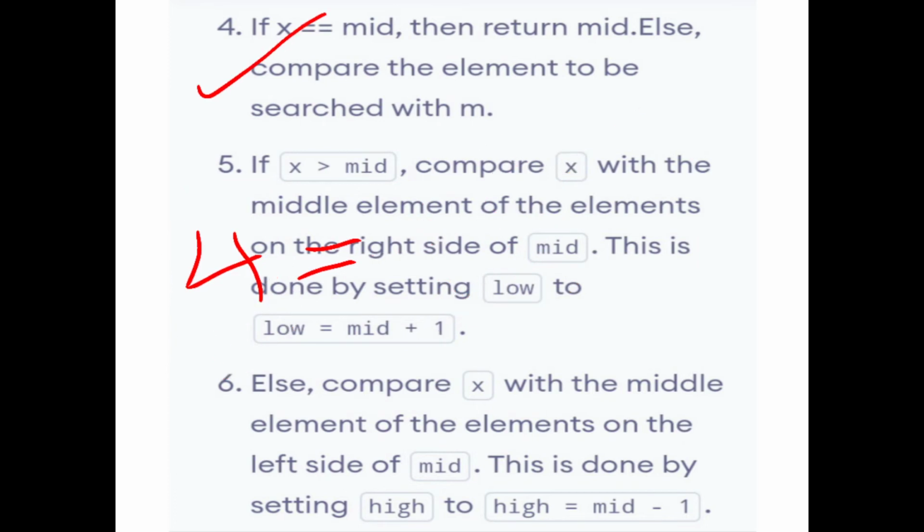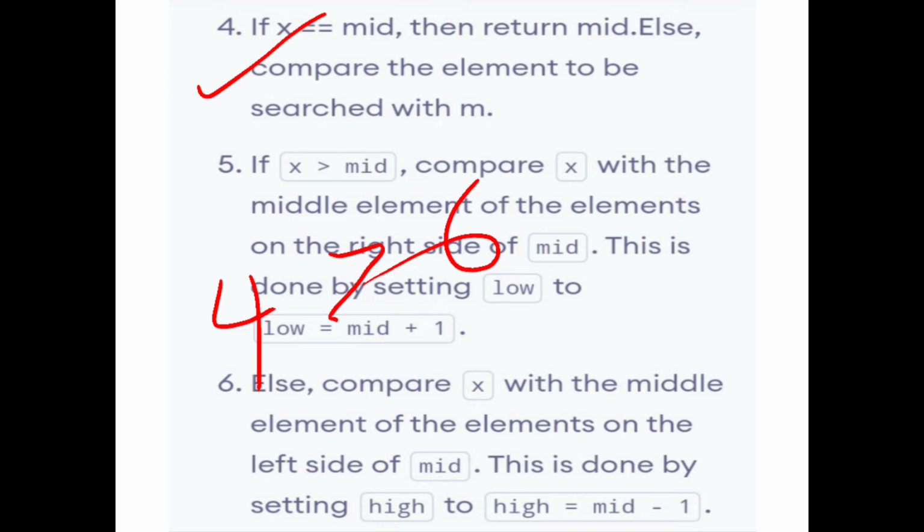So what is the second condition? That x is greater than the mid value. Then check what? Is 4 greater than 6? Is it true or false? False, because 4 is less than 6.